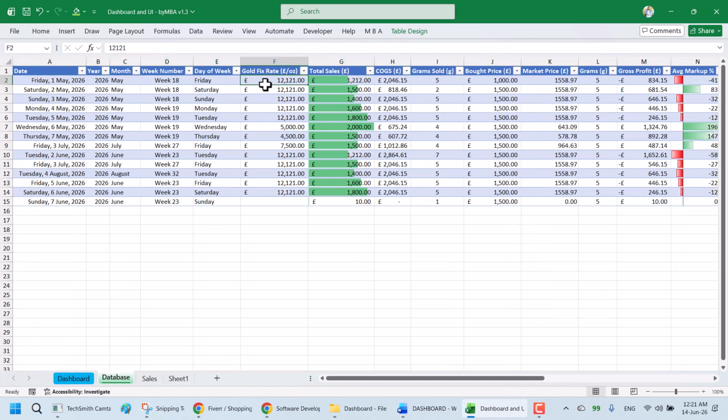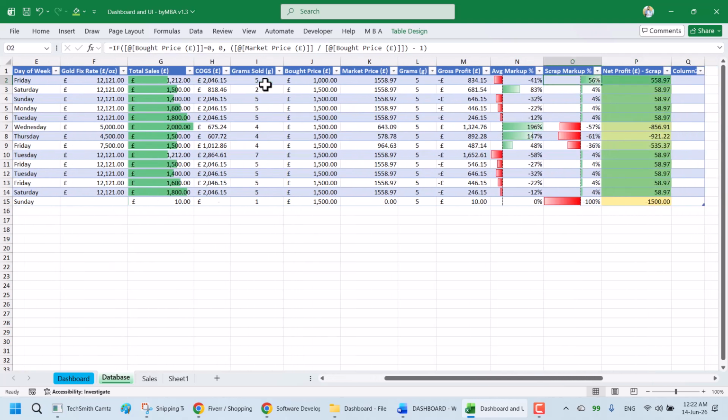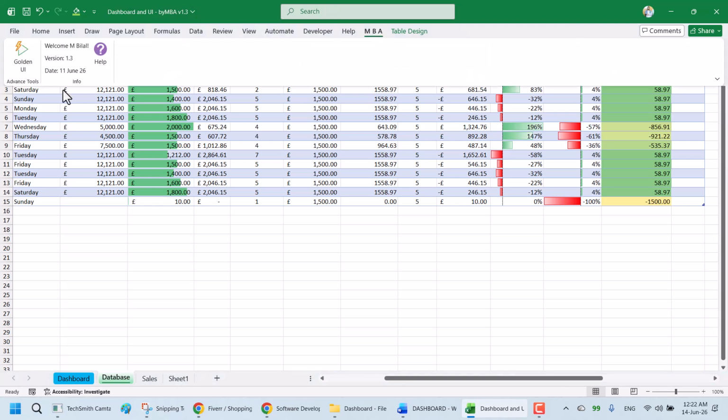But I can see that you are just inputting the total FX rate and the total sales. Other than that, gram sold and the bought price. But the other things, some of the things are actually input by the user. So I think we should improve some of the things from the scratch section as well into our user form. So let's go back to the user form